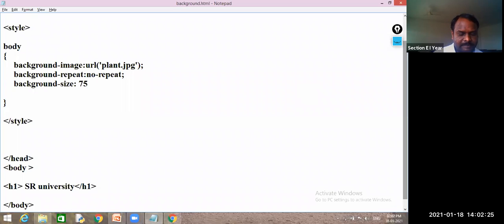So 75% means, if you consider your screen as 100%, among that 75% your image will be displayed, and the remaining will be blank. Is it clear? 75% of your screen will be taken by this background-size, and we can't give exact positions also, it will be taken automatically when you go for percentage.